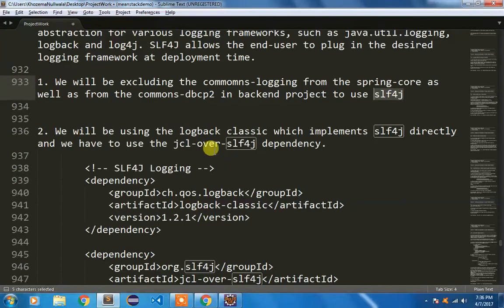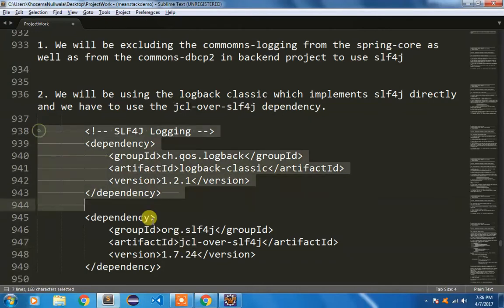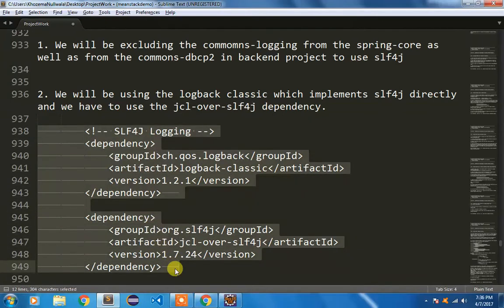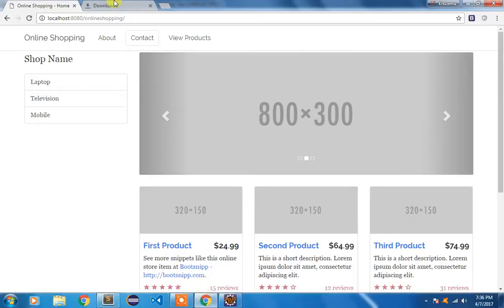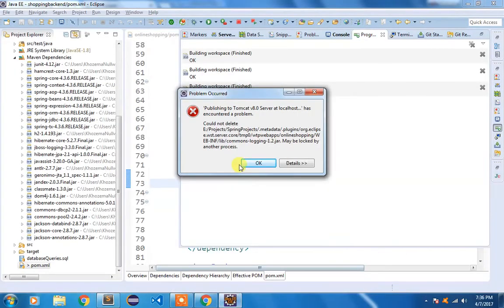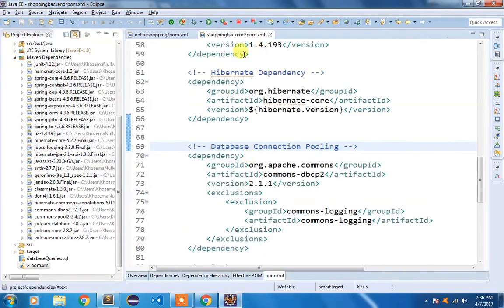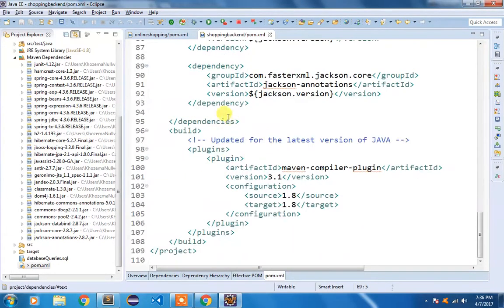Now in the second step, we are going to add two dependencies. One is our Logback Classic framework which implements SLF4J directly, and another one, use SLF4J that is over your JCL. So I'm going to quickly copy this one, and we are going to copy it inside the backend pom.xml file, so that while we run test cases we have the logging facility available there as well. So here I'm going to add that,